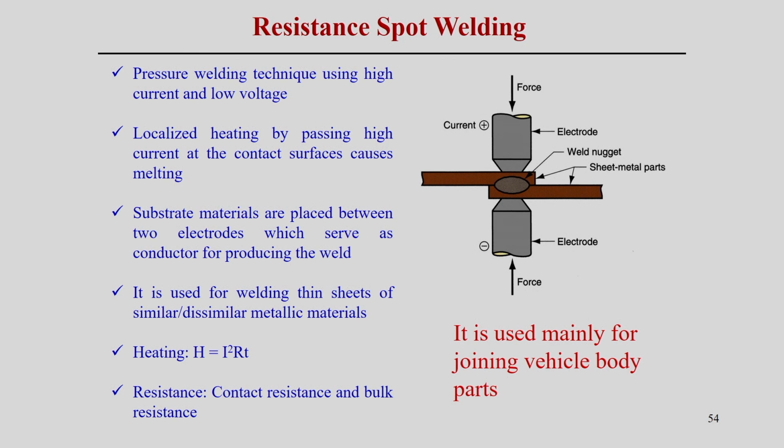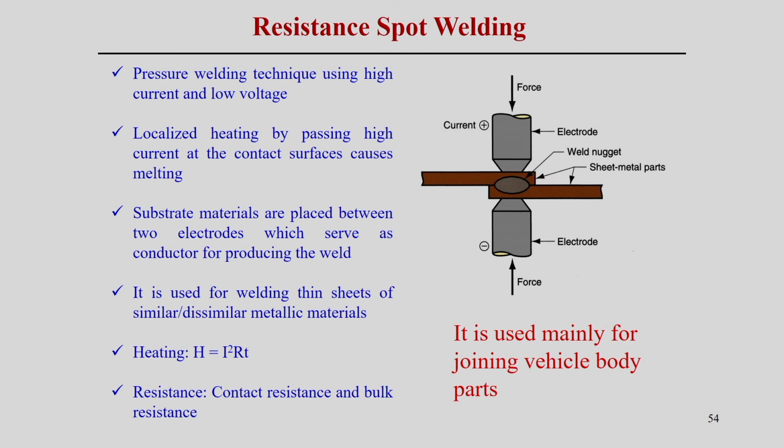Now, we can also look at the resistance spot welding process. That is another welding process where pressure from the electrodes is required, using high current and low voltage. This is the principle of resistance spot welding. In the figure, there are two electrodes and two sheets in between. We apply high pressure, and then pass current for a very small time, which melts the interface because of the contact resistance between the two sheets. That generates heat at the interface, and the two materials are joined.